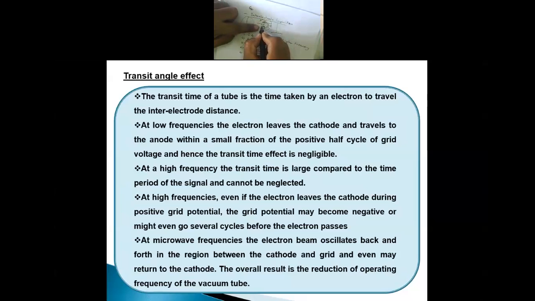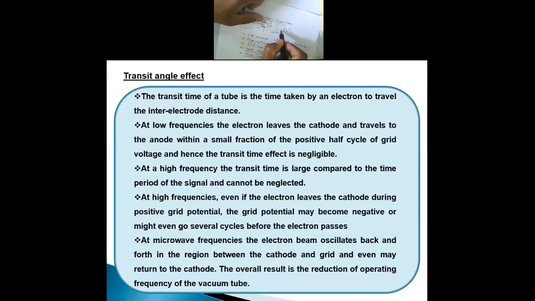With respect to this particular tube, the signal may be positive, and at a low frequency it will be negative here. But because of the alternating positive and negative changes at a high frequency, it will be positive and again negative at that particular place. That is about a cycle, which is the signal duration.